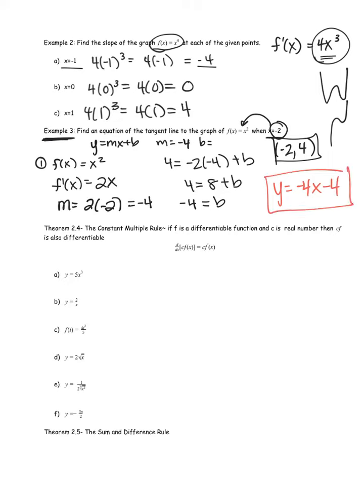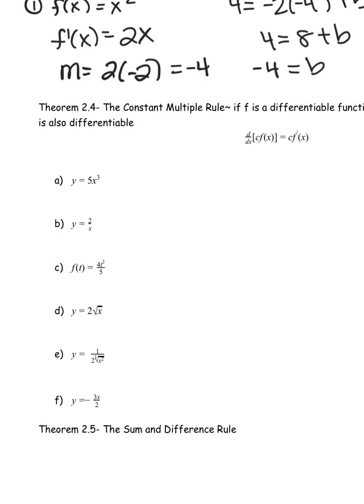Okay? Alright, another rule about derivatives is the constant multiple rule. The constant multiple rule says that if there's a constant times a differentiable function, you can just take the constant out and then differentiate the function. So if we look at a, I'll zoom in here, our constant is 5. So I can take 5 out and then just take the derivative. d/dx stands for the derivative, that's important to know, of x cubed. So that means it's 5 times the derivative of x to the third, and that derivative is 3x squared,